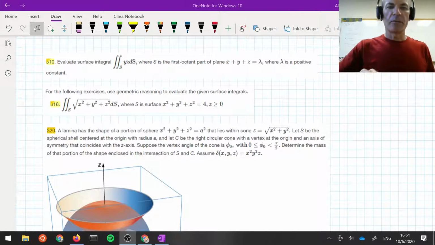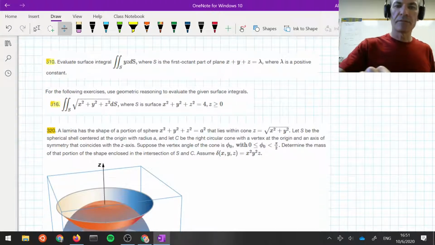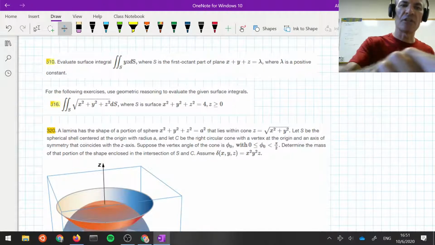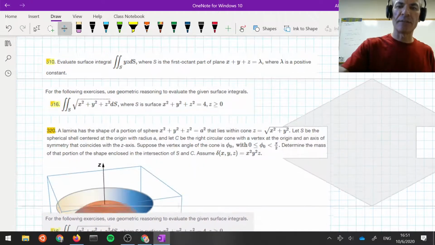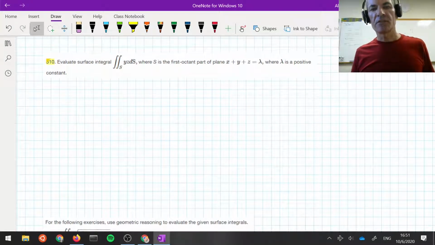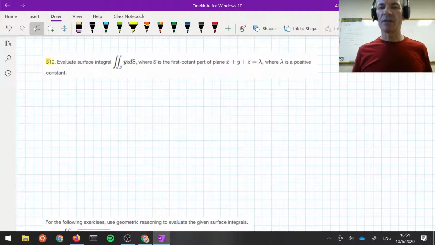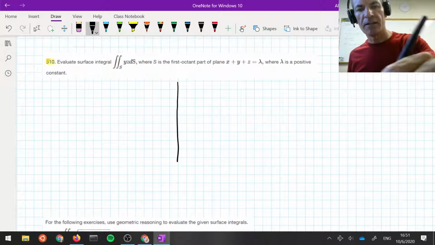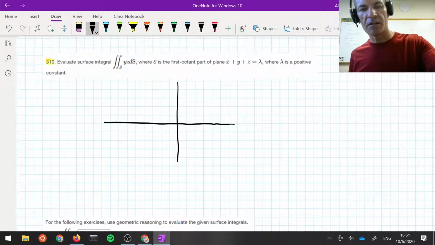Next one, 310, we want to evaluate the surface integral. This is just a scalar surface integral. I thought it was interesting because the way that the surface is described might be a little bit challenging, so let's just play around with it a little bit. So S is the part of the plane x plus y plus z equals lambda that lies in the first octant. So if we give ourselves a bit of a sketch here,